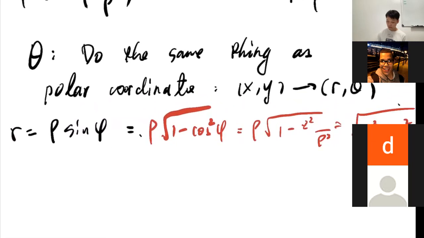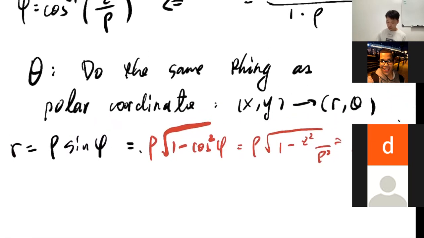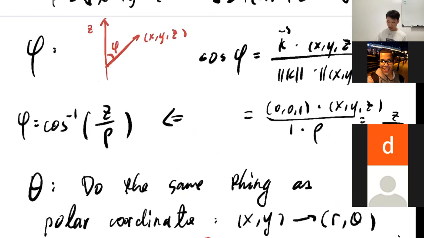How did you find phi in that equation then? So how do we find phi? When you look at the vector, this is the origin. That's the formula right there to the top right, the K formula. Yeah, because if this is the vector and this is the z-axis, the angle between the vector and the z-axis can be related by the